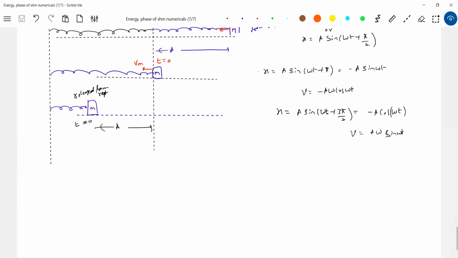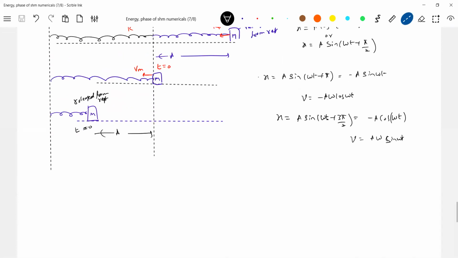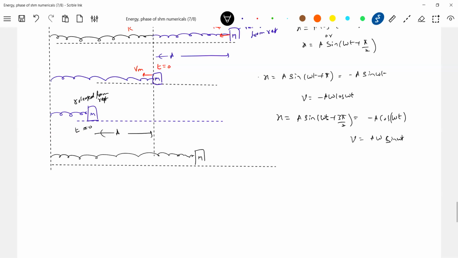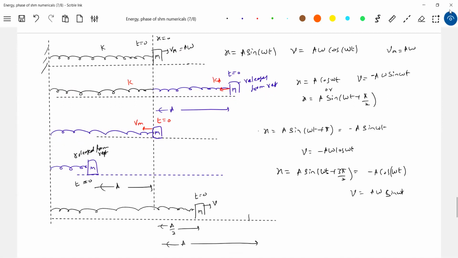Now a person who is very good in maths will take a situation like this, where the block is somewhere here at a distance a/2, and you will give some velocity, and you'll say I'll start counting time. It can happen, no? Sir, why should I count time only when it is at mean or extreme? I'll count time when the block is somewhere here.